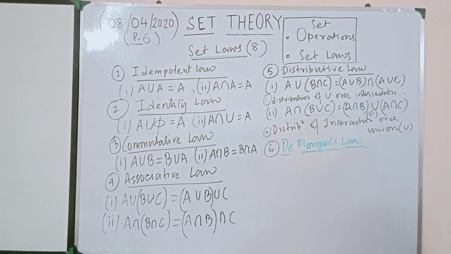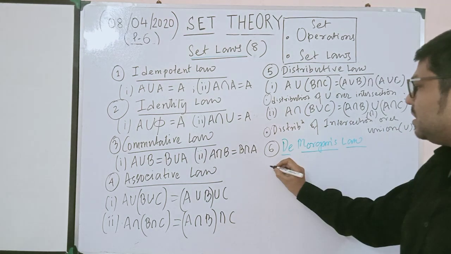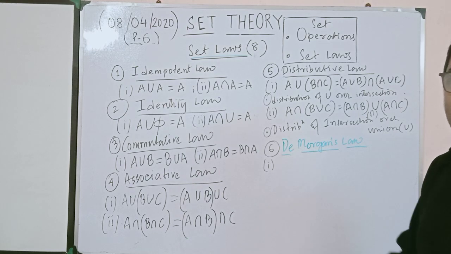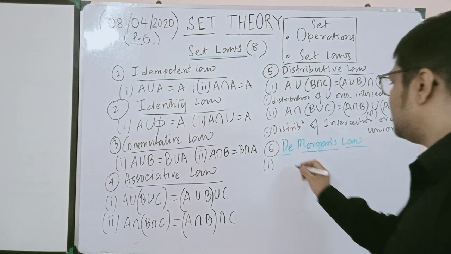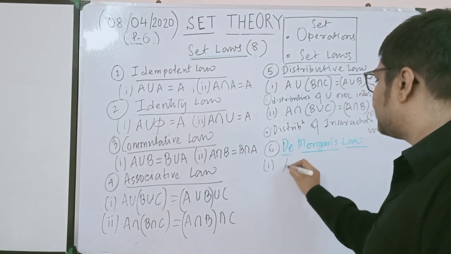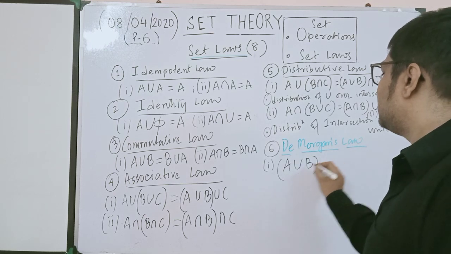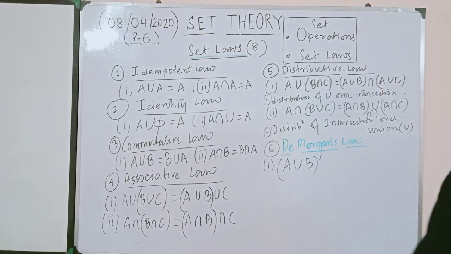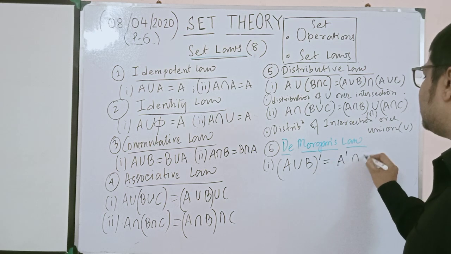So De Morgan's law, there are two De Morgan's laws. I'll draw a Venn diagram maybe in the next class or this part to show you a little bit of the proofs of this. So A union B whole dashed